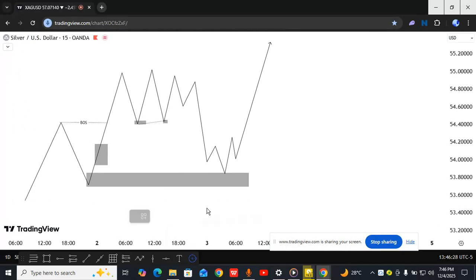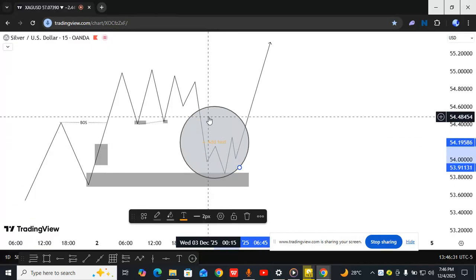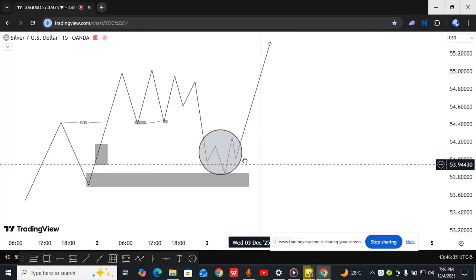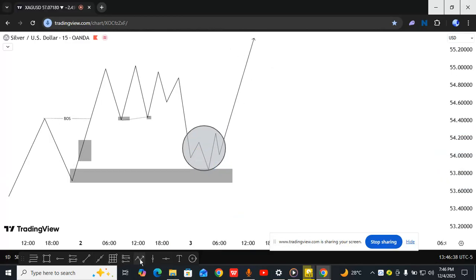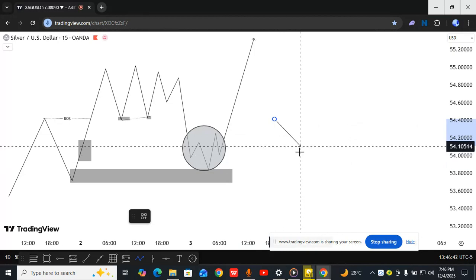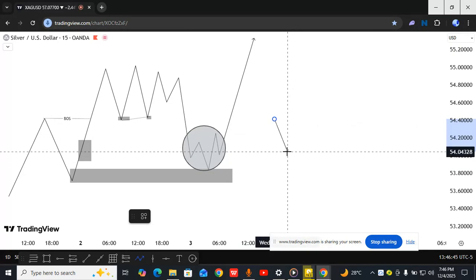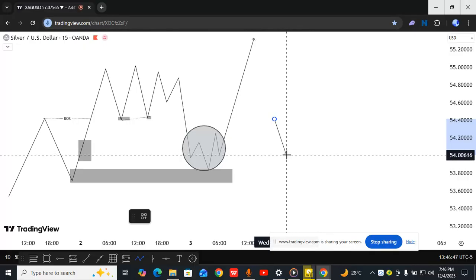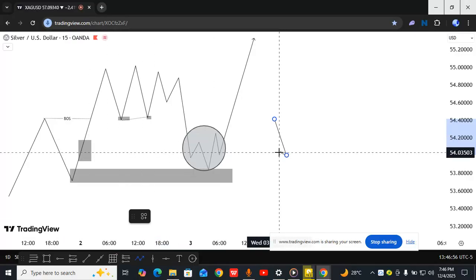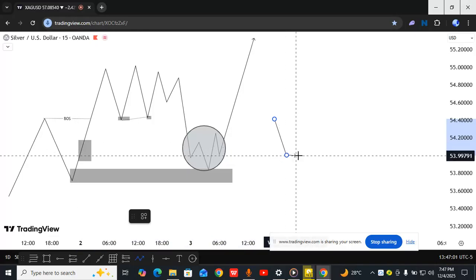So what I'm expecting to see inside this area over here for me to buy, since it's a bullish scenario, I want to see price come down on the 15-minute time frame or 1 minute time frame. Now this movement is the one that is going to tap into the FVG. Now one thing to also take note about this strategy, or one mistake most people make, is that once price starts to tap the FVG, they go all in. No. What I normally do is that I set a 50% limit order at this FVG,